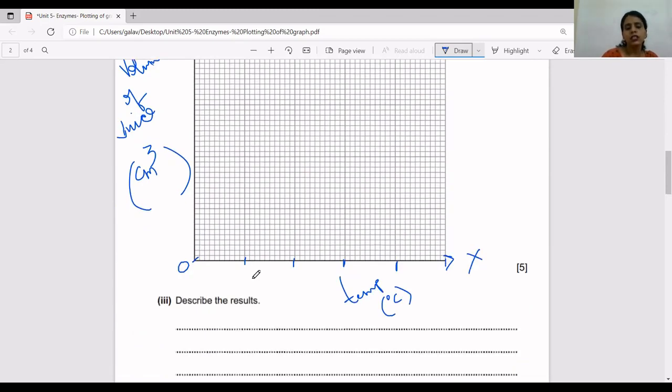So you should actually increase the scale. Take this as 10, 20, 30 and 40. Now the maximum temperature is 35, so you can easily get 35 here, and the minimum temperature they've given is 10. Apart from this, you can also note that when you take the temperature 35, you're already covering more than half of the grid on the graph. So this goes as per the rules.